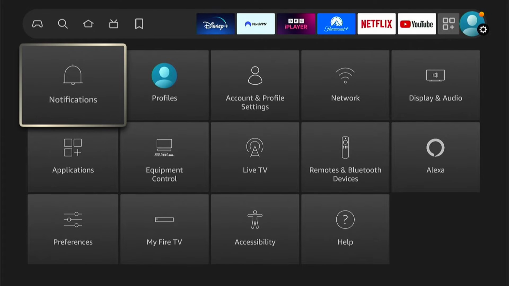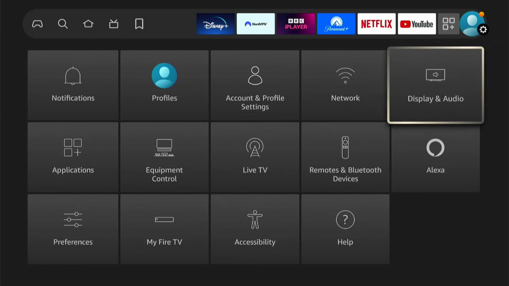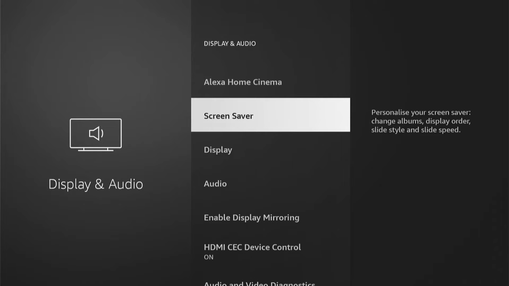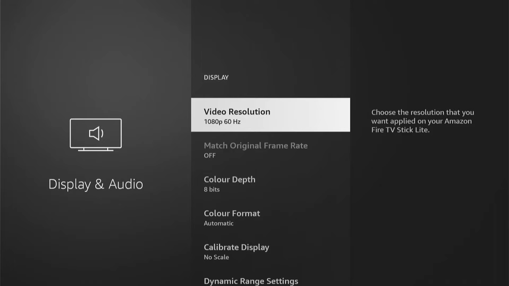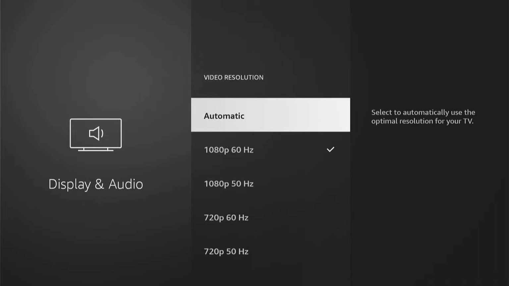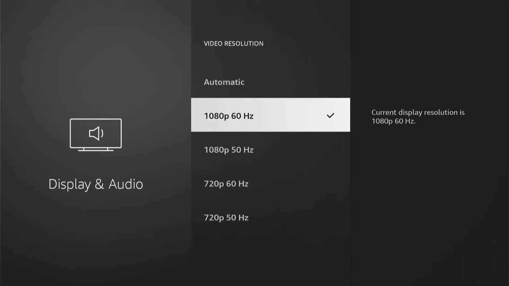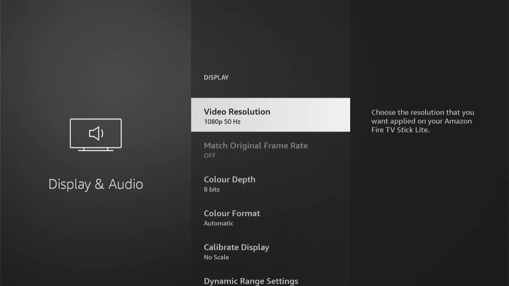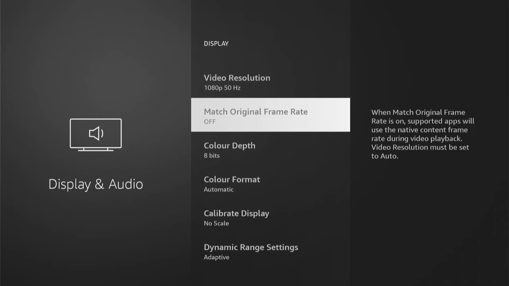Then we want to come down and select Display and Audio. Now within Display and Audio, you want to come down and then select Display. Now here we want to change the refresh rate, so we go into Video Resolution, and whichever resolution you're on, say you're on 60 Hz like this, you want to come down and select 50 Hz. Your Firestick will restart like that, you can confirm it, and then you want to see if that fixes